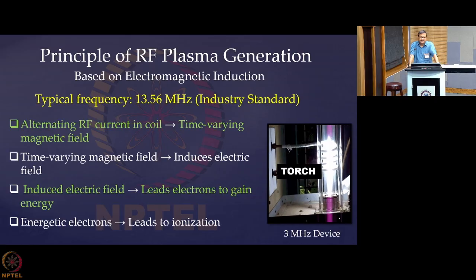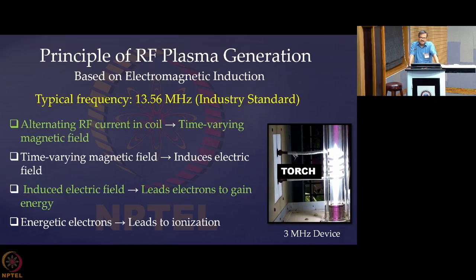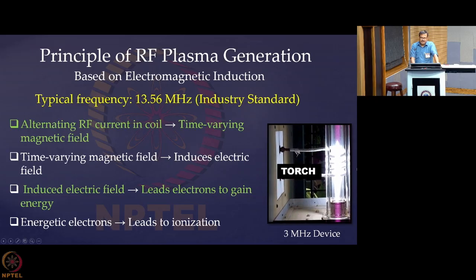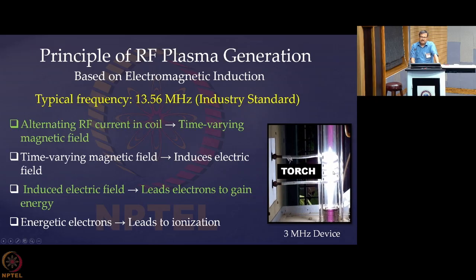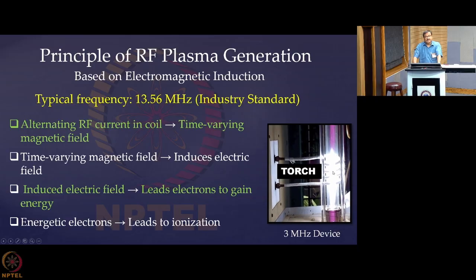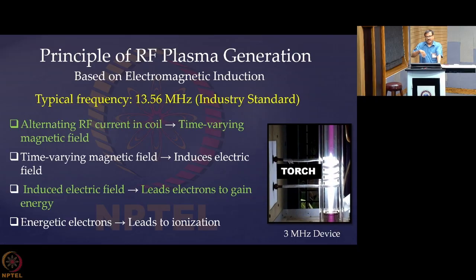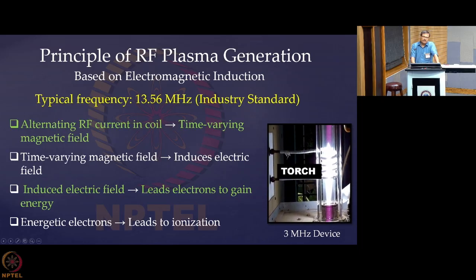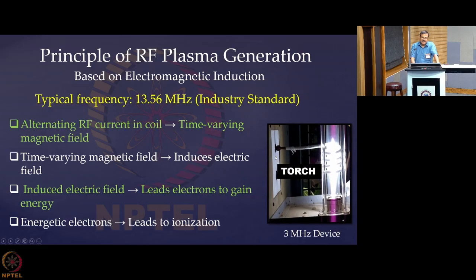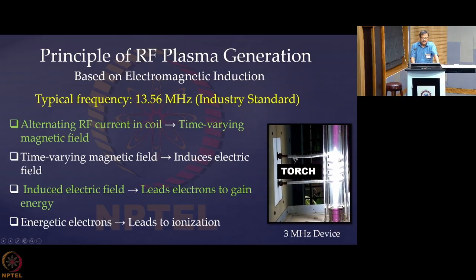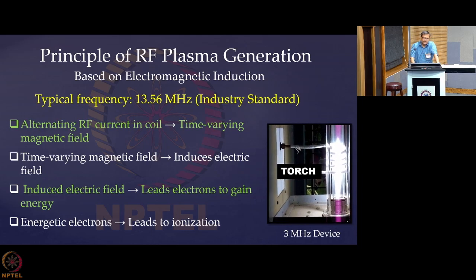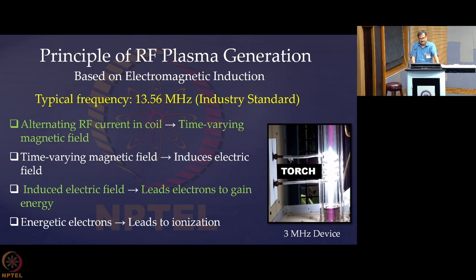So how it operates? I just summarize here. You apply an RF current, radio frequency current, through this coil, and you should have an idea of how many turns. It is not like a solenoid coil where you have thousands of turns. It is not like that. It is having only 1, 2, 3, 4 turns. That's it, and that is sufficient to do the job. So you must remember the kind of configuration it is having. This is a tutorial, so you should have the practical experience.